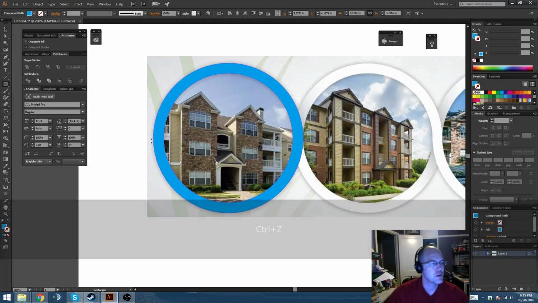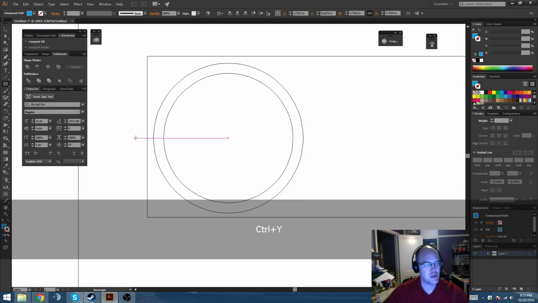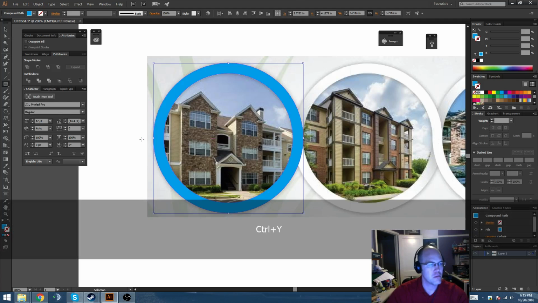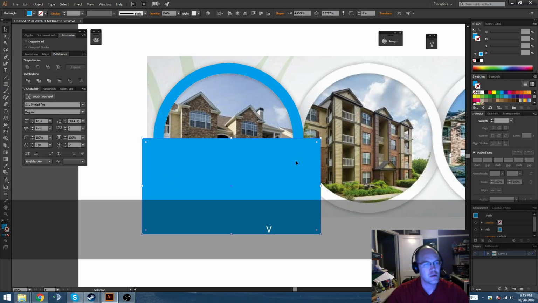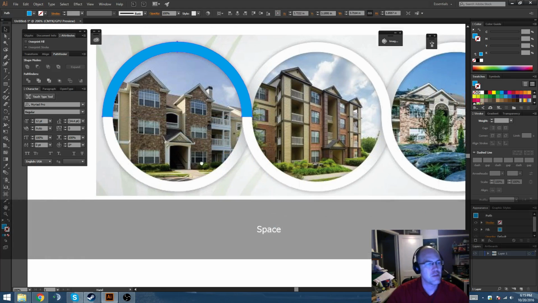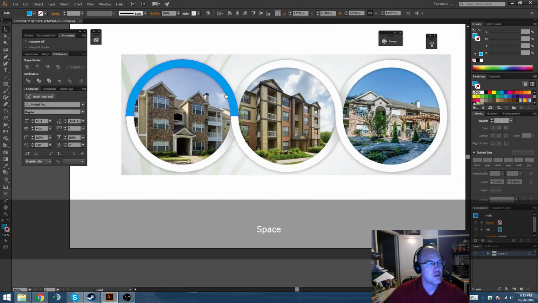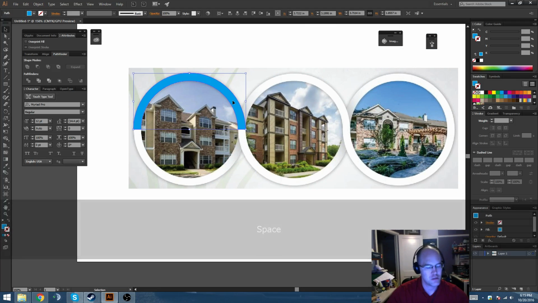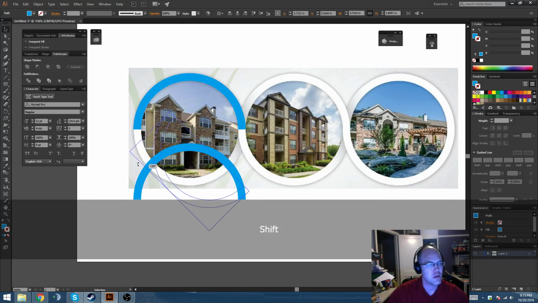So what I'm going to do now is find that center point. It should be right on the center of the circle. Draw a square, Shift select the two, and then use Pathfinder. So now I've got this shape, which should work just fine. So let's duplicate it, rotate it,